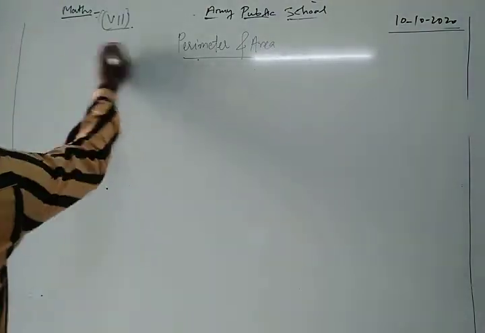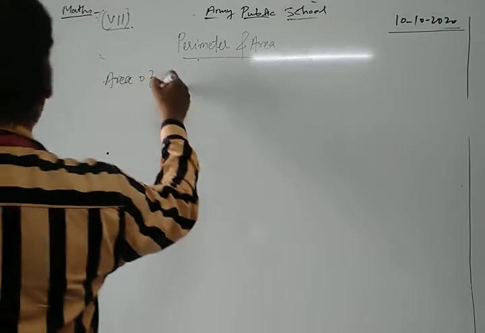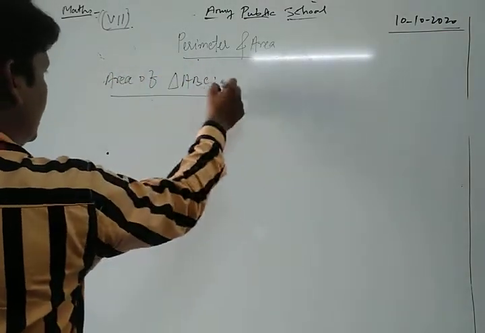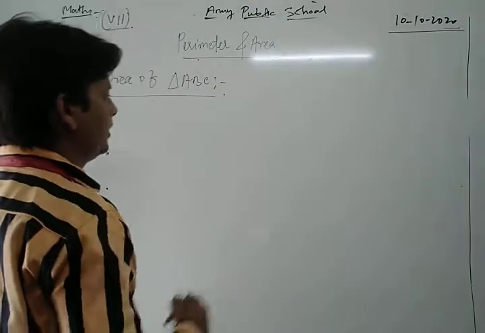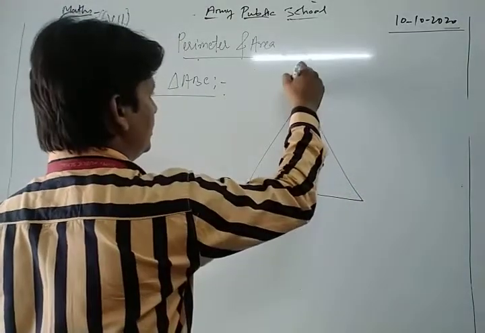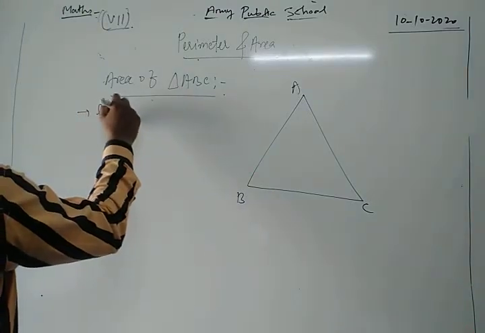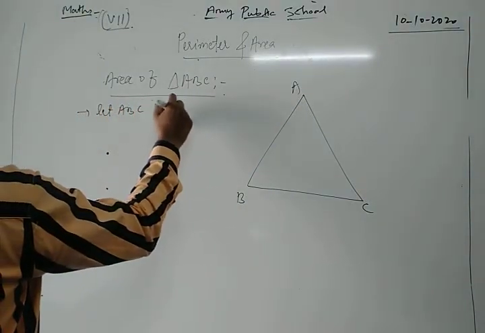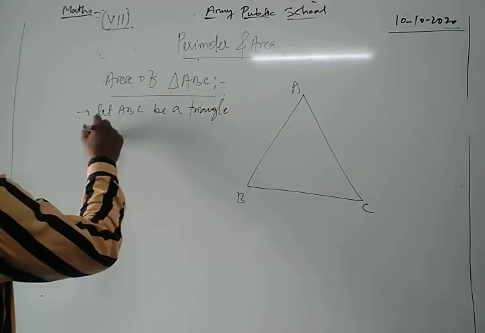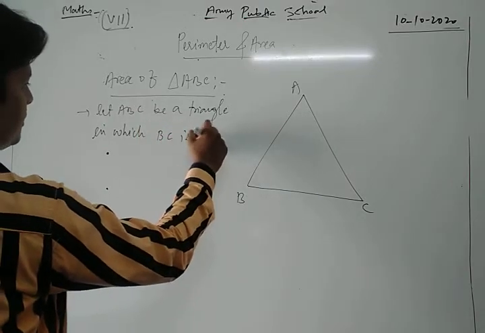Now we discuss the area of triangle ABC. Dear students, suppose that ABC is a triangle in which BC is the base